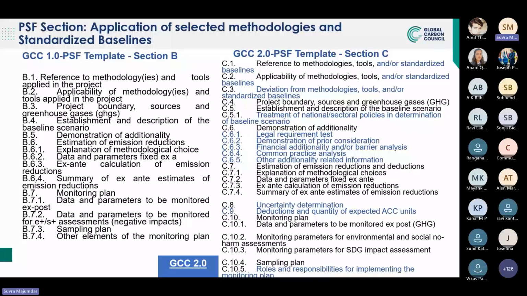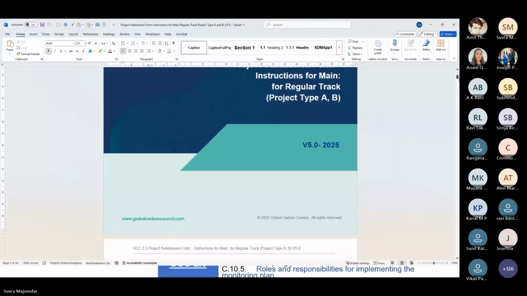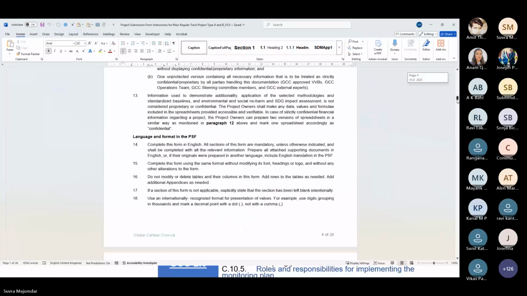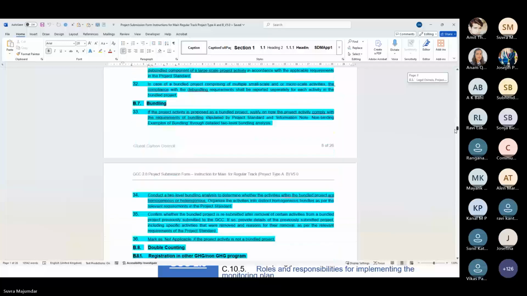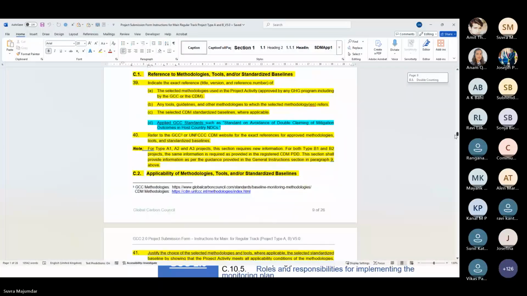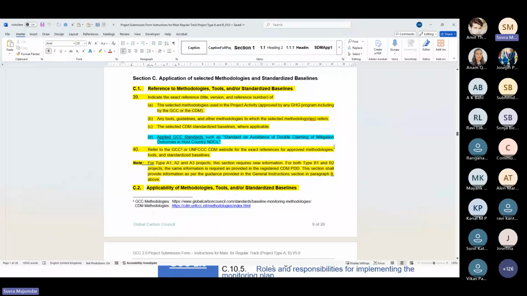There is a requirement for uncertainty determinations and the deductions that are applicable to the project activity for the expected ACCs. I'll take a look at the instruction template. As I was describing, under the outline of the reference of the methodologies, tools, and standardized baselines, you now need to